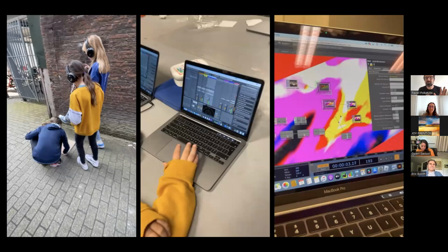On the left side you see kids with headphones outdoors, listening to objects, to places, to nature, with a very sensitive microphone. Then they are processing it with audio software, and that composition they create is also turned into visuals.